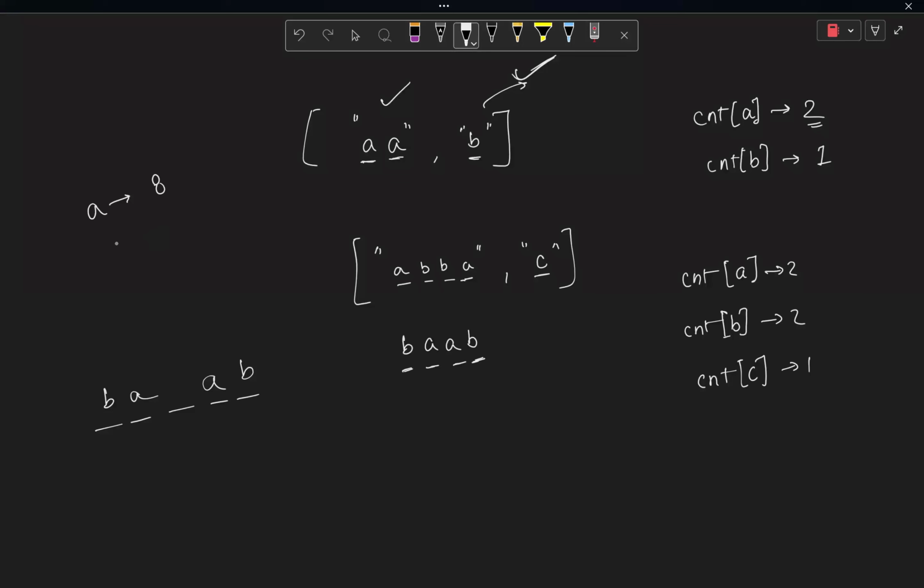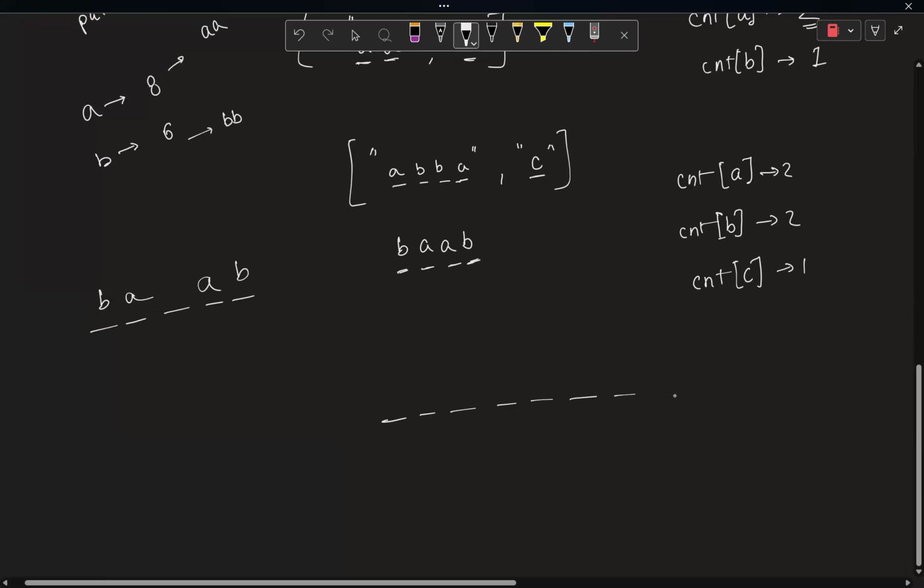let's say A is coming 8 number of times and B is coming 6 number of times. Since I don't really care in which way I will place those elements, I just know that I will be placing two elements at a time. I can just say that I have 7 pairs: 4 pairs of A's and 3 pairs of B's, 4 pairs of AA and 3 pairs of BB. So I have 7 pairs. Now, if I have to form a string of length 7,